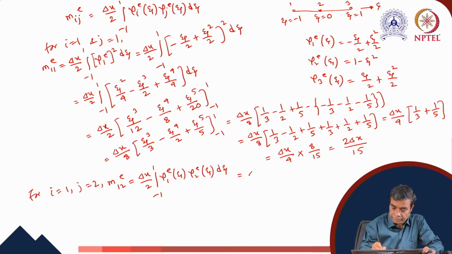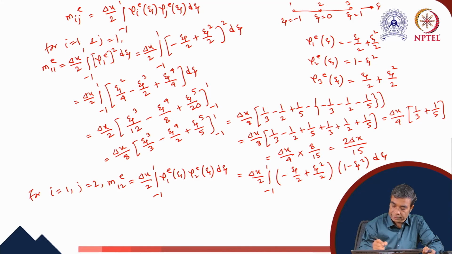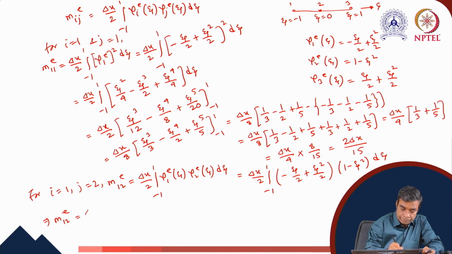This gives us Δx by 2 integration from minus 1 to 1 of psi 1(ξ), which is minus ξ by 2 plus ξ square by 2, times psi 2(ξ), which is 1 minus ξ square, dξ. So this can be written as M12^e equals Δx by 4 integration from minus 1 to 1 of minus ξ plus ξ square into 1 minus ξ